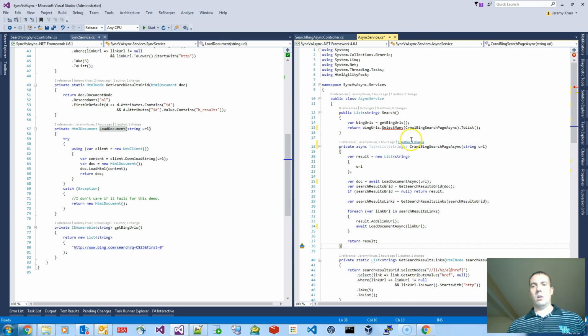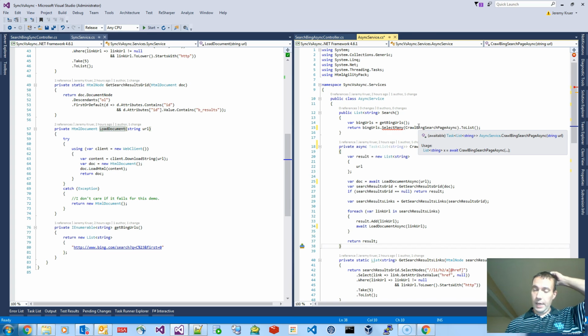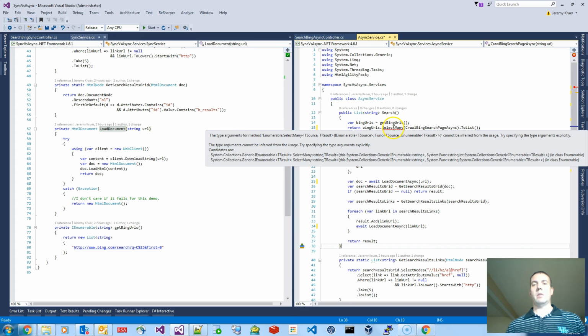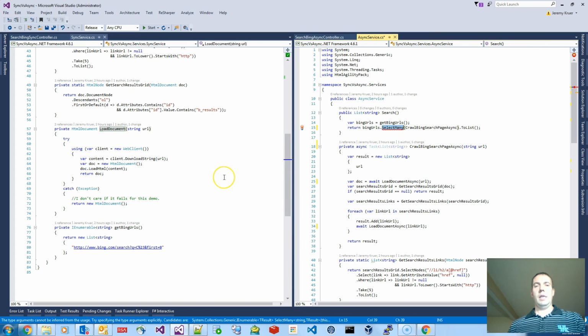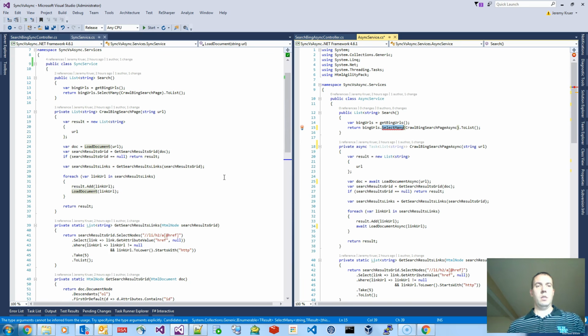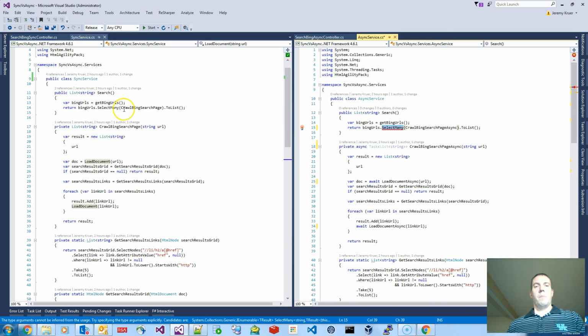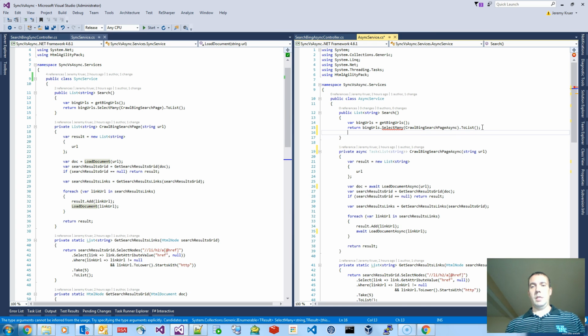But where it is called up here, again, we have to convert this code to use the new asynchronous method. Now, unfortunately, with SelectMany, if you look up here at the synchronous method, there is no way to use SelectMany with an async call, at least not that I'm aware of. If you all found a way to do it, that's great. Leave a comment below and let me know. So what I'm going to do is